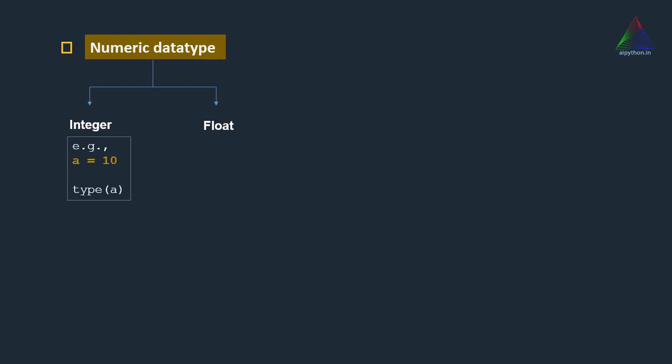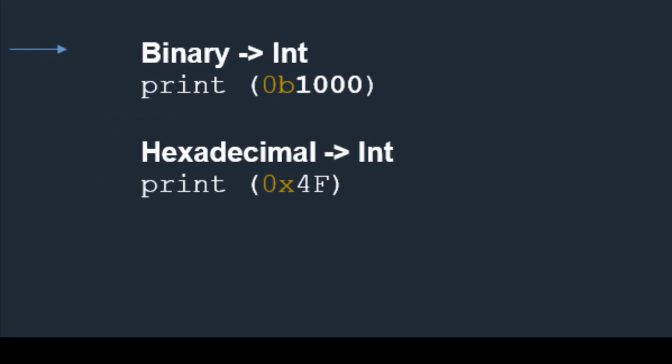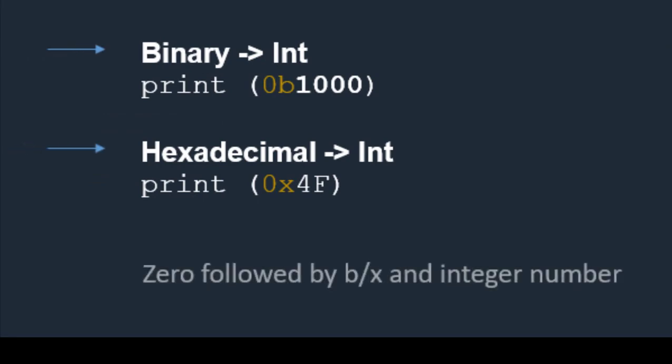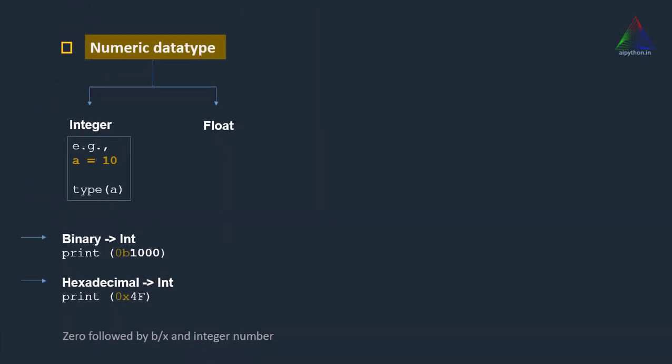In integer you can also define binary and hexadecimal. For example, somebody gives you a binary number and you want to interpret it as a decimal, like you want to convert a binary number into a decimal number. In Python you get the option to convert your binary number into decimal, and hexadecimal into decimal. We'll see through an